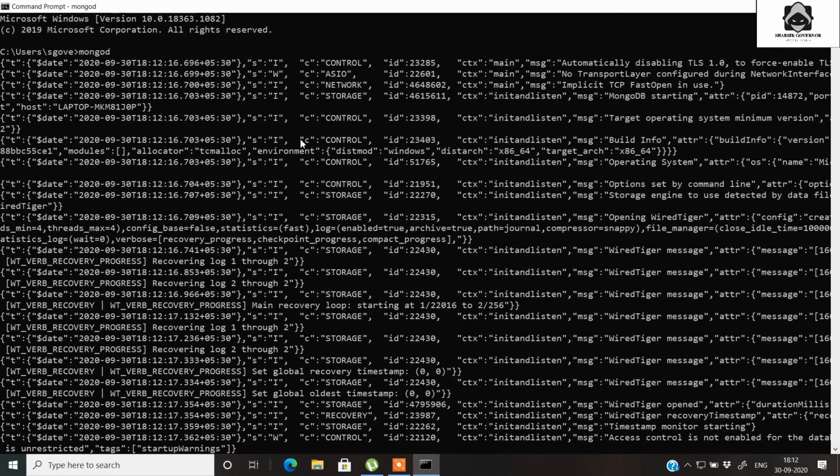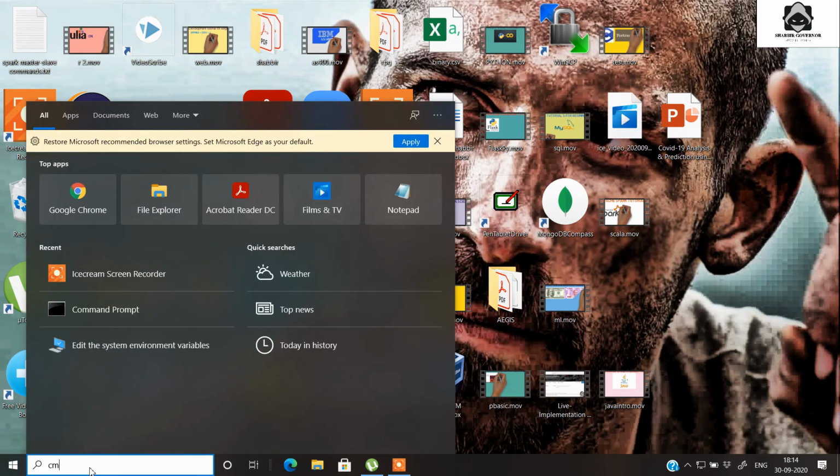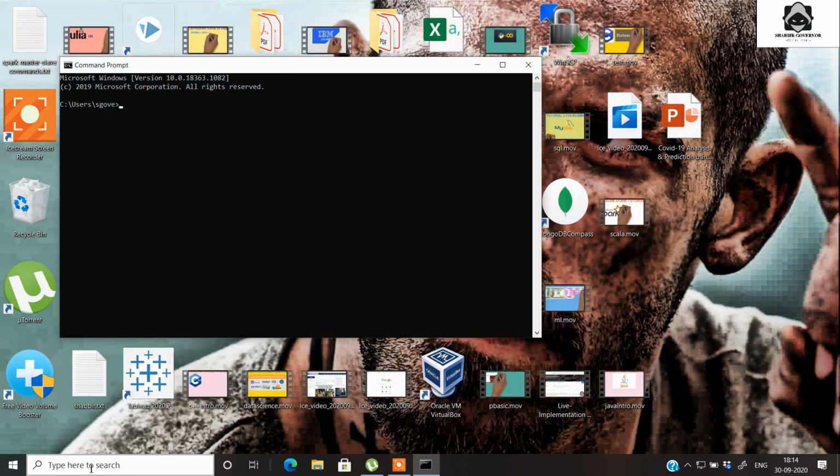When we were installing MongoDB, you saw that we had checked the dialog box to install MongoDB as a service. So to open the MongoDB shell directly, you just need to restart your computer once. So let's restart the computer. I have just restarted my computer. Now let's open the MongoDB shell directly from the command prompt. We don't even need to start the server.